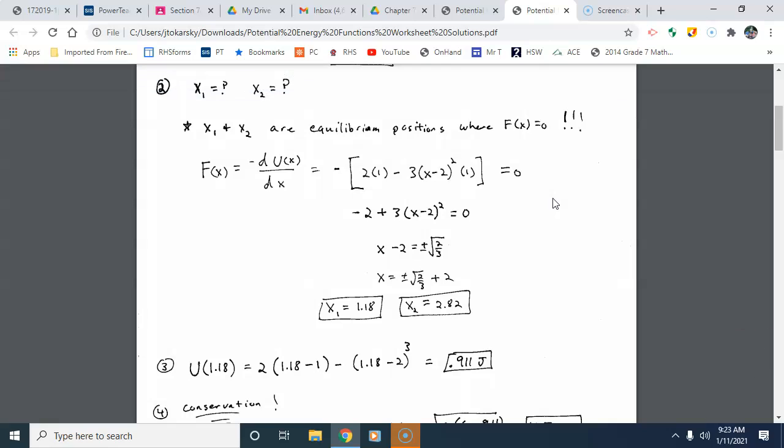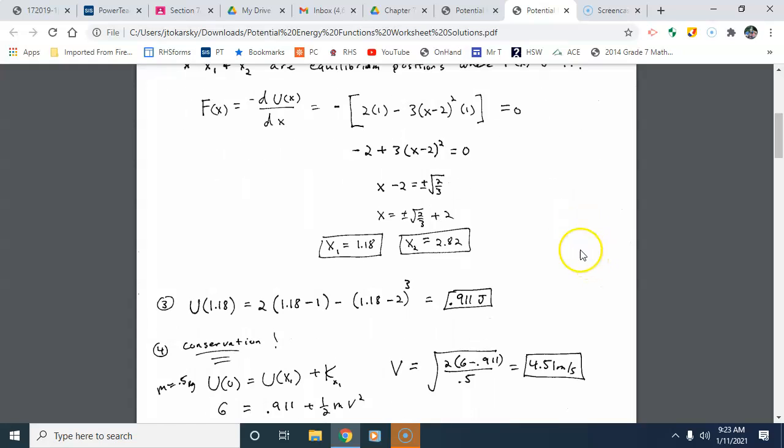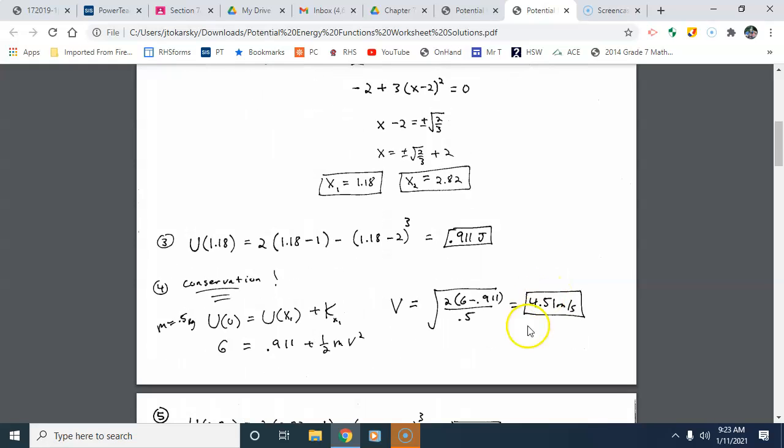All right, now that we're going to have those equilibrium positions, there's going to be some questions of figuring out some other stuff about them. In number 3, it wants to know how much potential energy we have at x1. As long as we got it, this is an easy one. We just evaluate the given function at that position because it's a potential energy function. The original given one, we plug in 1.18 and we get 0.911 joules,